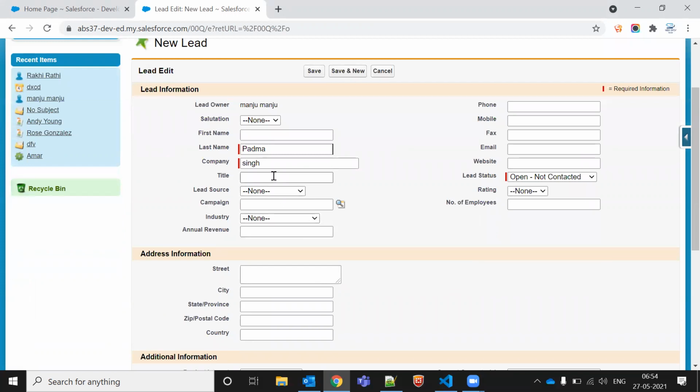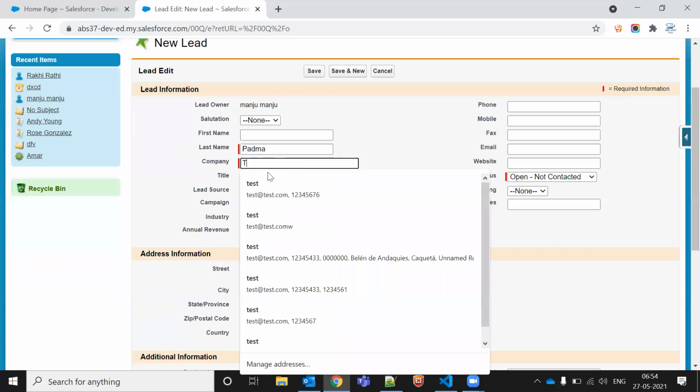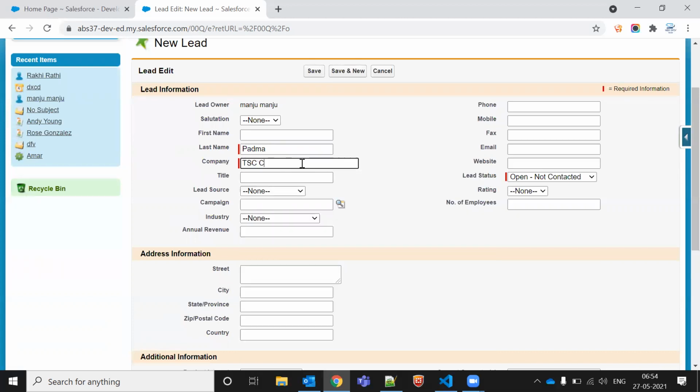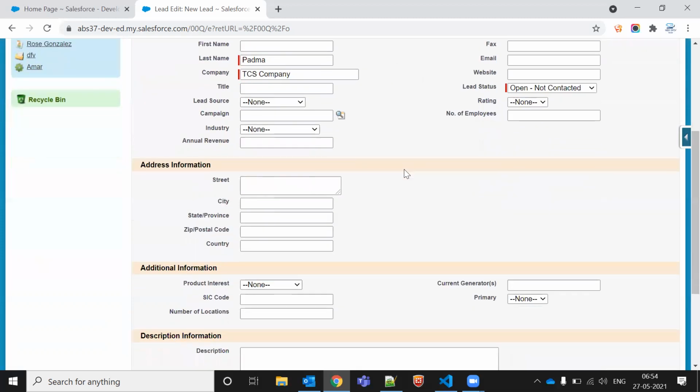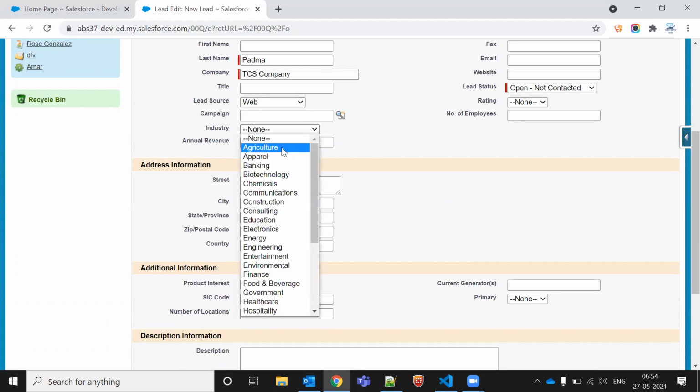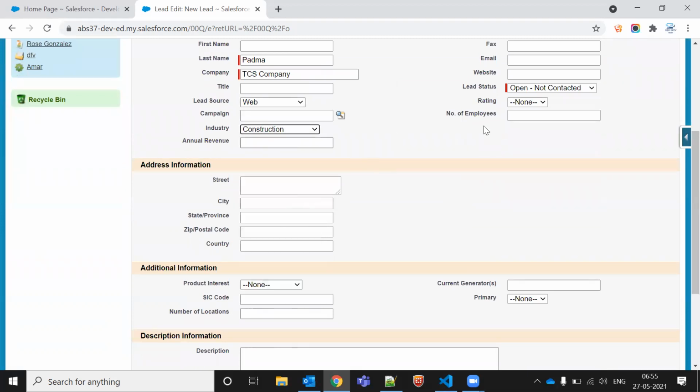Company, let me write TCS only. Lead source, let's say it is coming from website only. And what's the industry of this one? Let's say communication, construction, something like this.